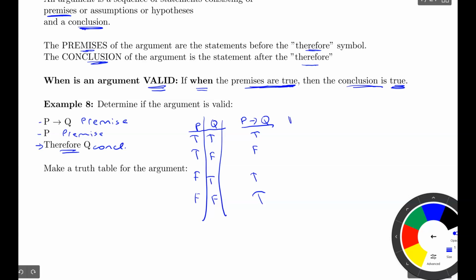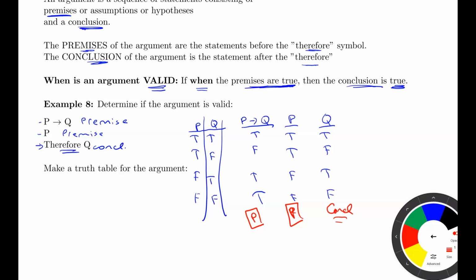And then I'm just going to put P again here, just so I can see it quickly and easily, and then I've got my conclusion, Q. So I'm just going to write it again. And I'm going to want you to do this: I don't want you to put arrows on things. I want you to label the premise. So you can put a P underneath. This is a premise, so put a P under here, right? This is the conclusion. Okay, so I need to check for any row, so I'll call it a critical row,